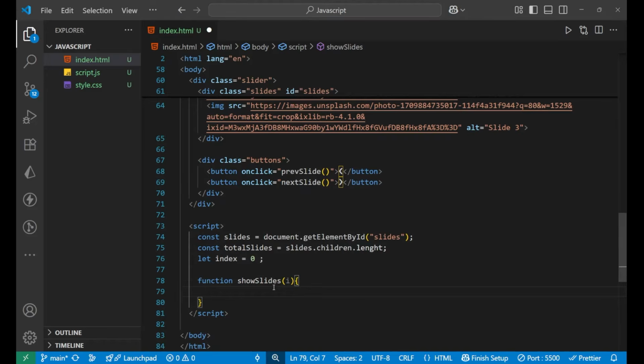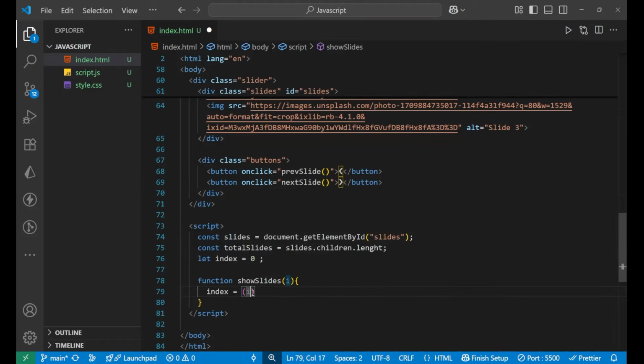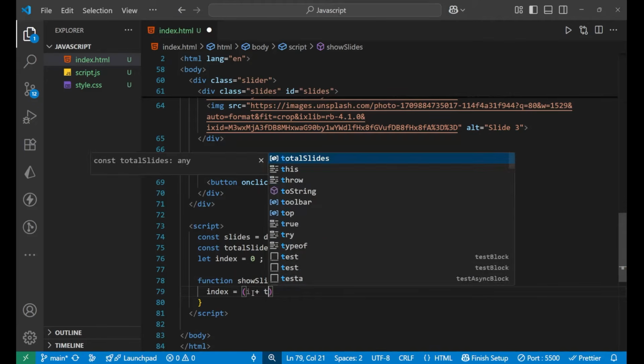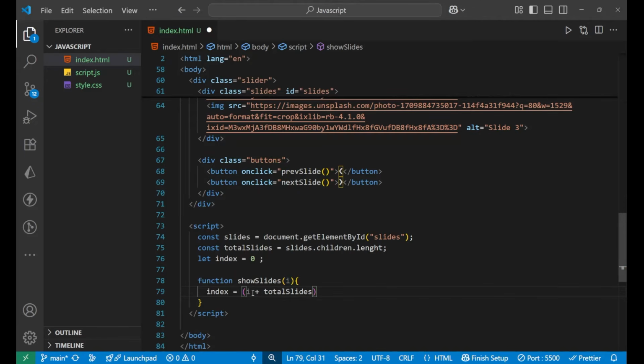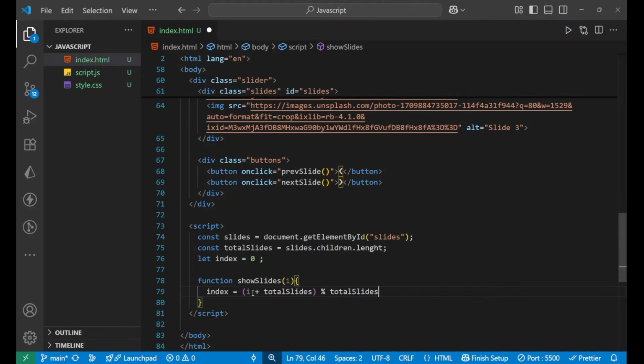Now here we will write index equals to i, which we got in the parameter, and then plus total slides, and then modulo, means the remainder with the total slides, right? So what is happening here? With this we are getting the index, right?